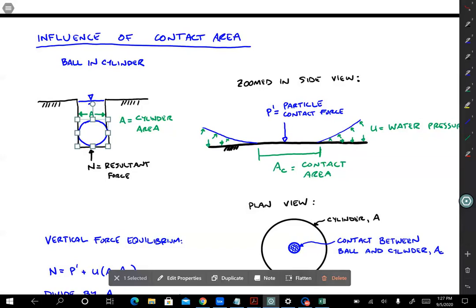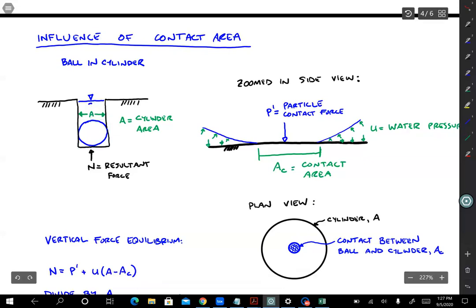All right, so we've derived the vertical effective stress equation, and there is a little bit of a complicating factor that I wanted to talk about here, and then we'll do an example problem, computing vertical total stress, pore pressure, and vertical effective stress using Excel. So first, the complication is that